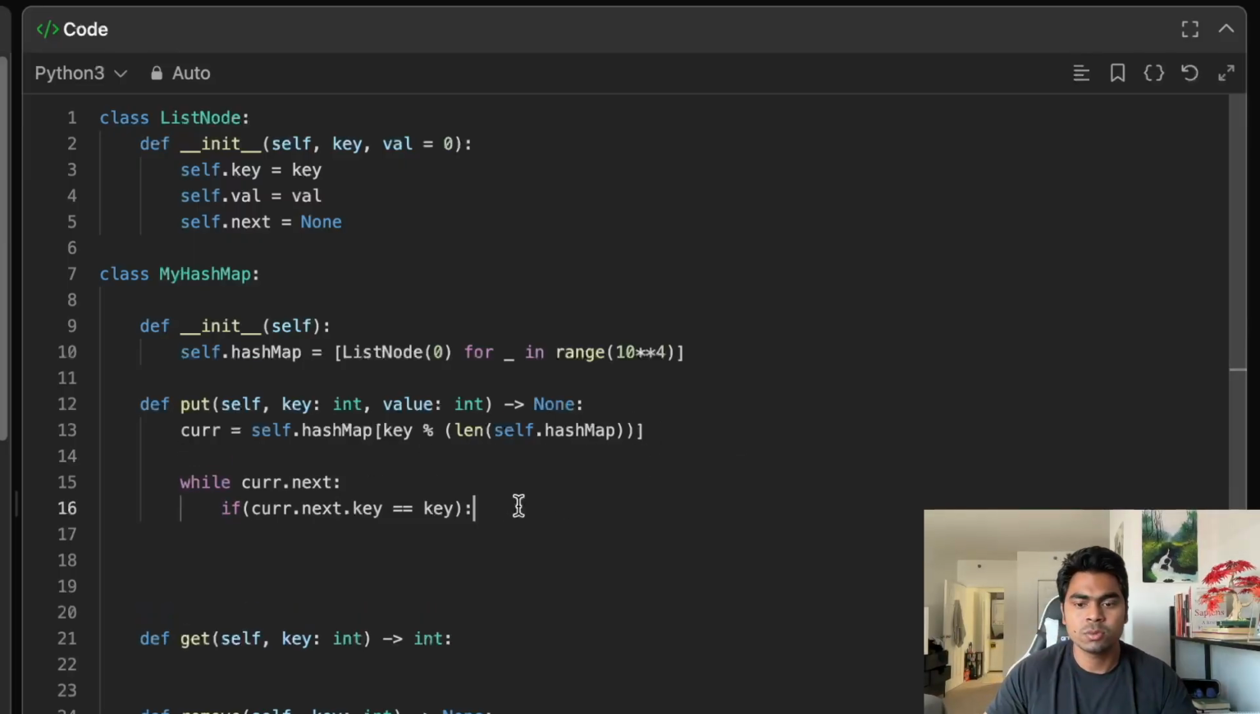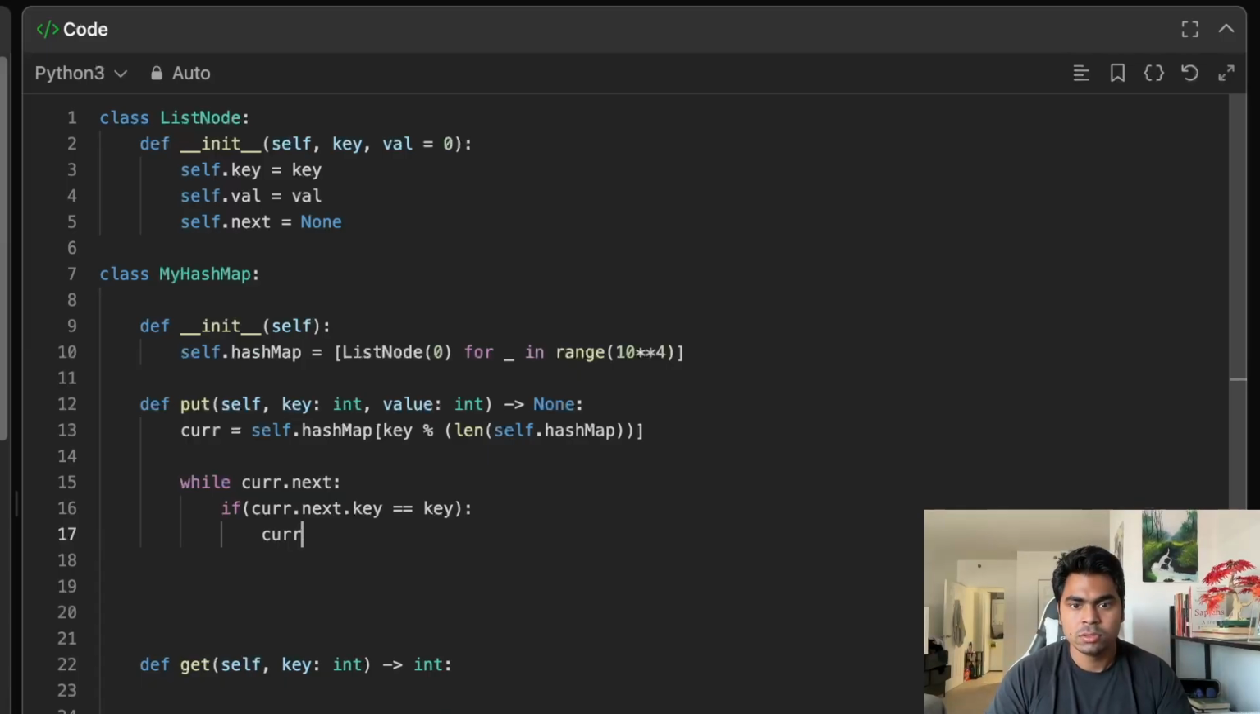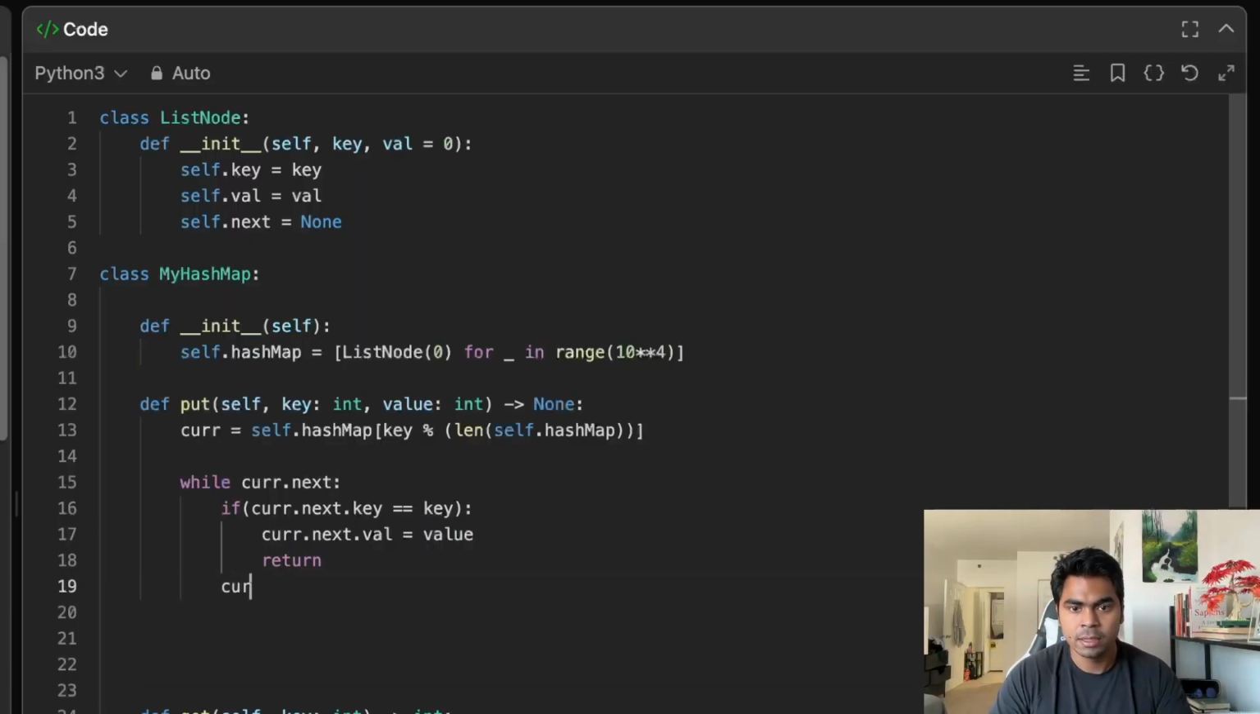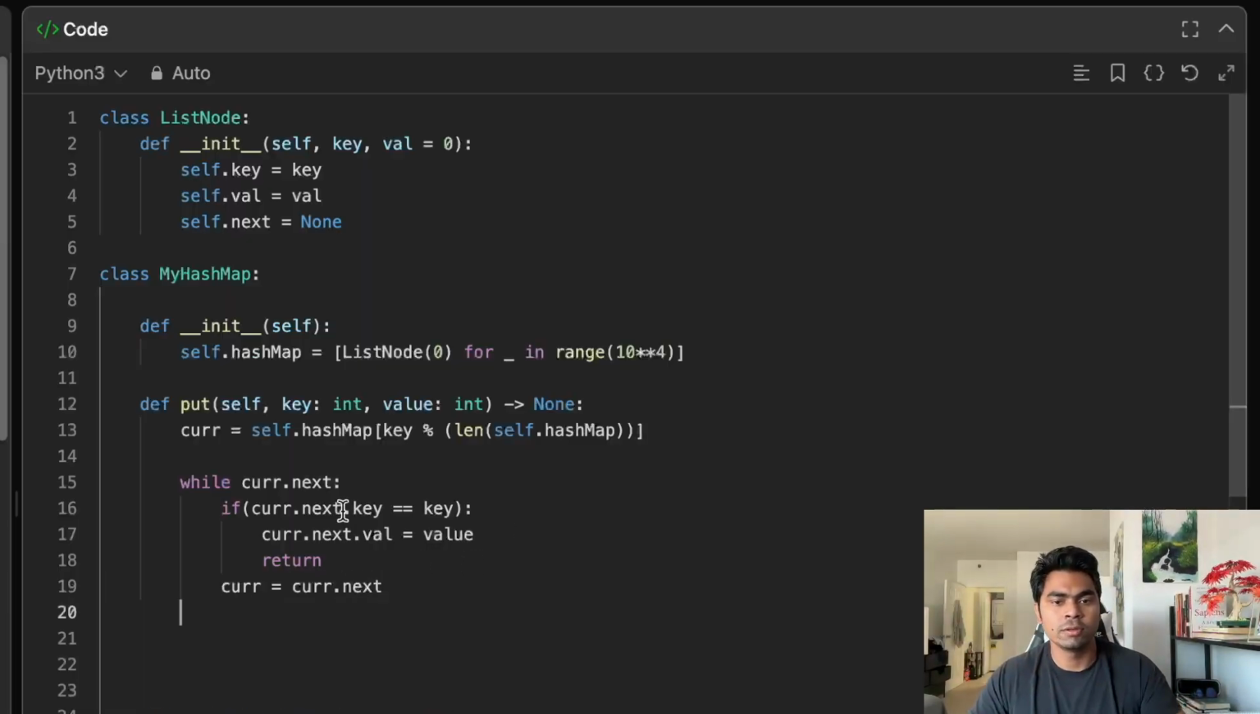So you just want to update the key with the value. So this cur.next.val equals to the value that's just given to me right here. Awesome. And then I will just return. I've updated the value, I don't want to do anything. Otherwise, keep moving this cur pointer to cur.next, and once you don't find anything to the cur.next, then you will